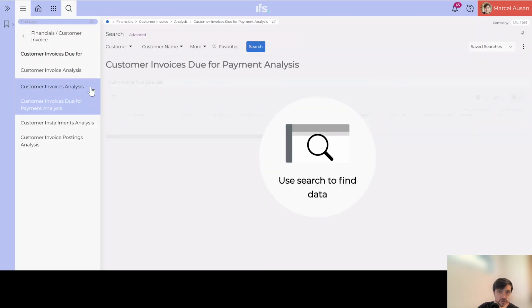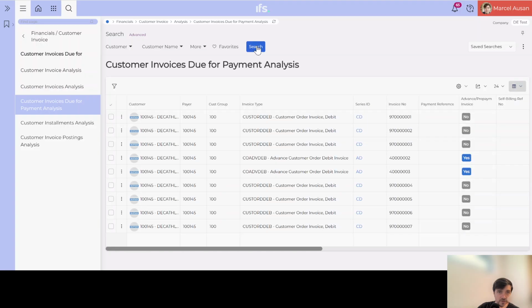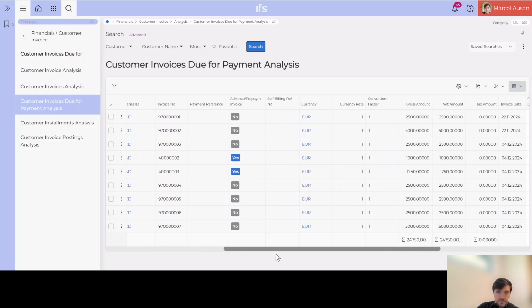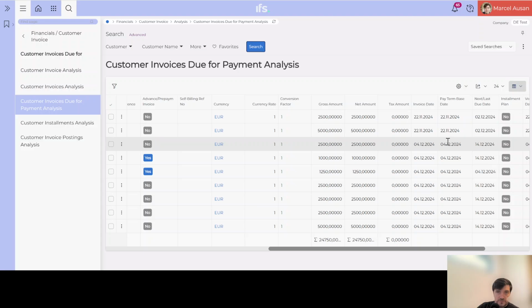Here we are in our DE test company, and we could search. Here we have all the customer invoices due for payment, and we can see all of them are for our Decathlon Germany customer, and all of them are not paid. So they are overdue but not paid, so they should have been paid. The due dates are the 2nd of December, the 14th of December,